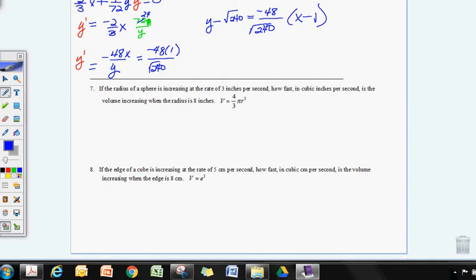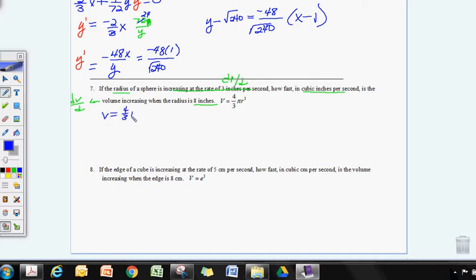Okay, into the fun stuff. I love these. So these are our related rates. Remember, change means derivative. So if the radius is increasing at a rate, that is my dr dt. And it wants me to find out how fast in cubic inches. That tells me that it's a dv dt. That the radius is when it's an 8. So I start off with my equation,